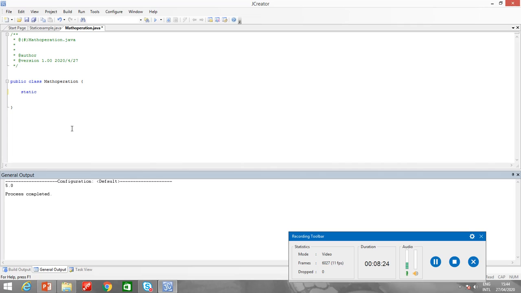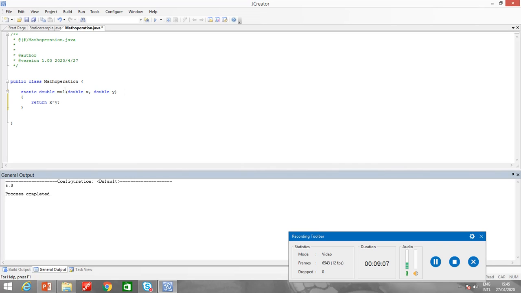So static, my basic purpose is to show how you can call the methods. That means there is no use for creating the object of the class. Alright, for example, I have a static. Now see here, I have not used any public keyword over here. Methods I will normally write as public. And what is the return type of the method? It should be double. Then the name of the method is multiply, and let me just declare over here double x, double y. Alright, now since there is a return type of this method, what is the method returning? It is returning the multiplication of two numbers.